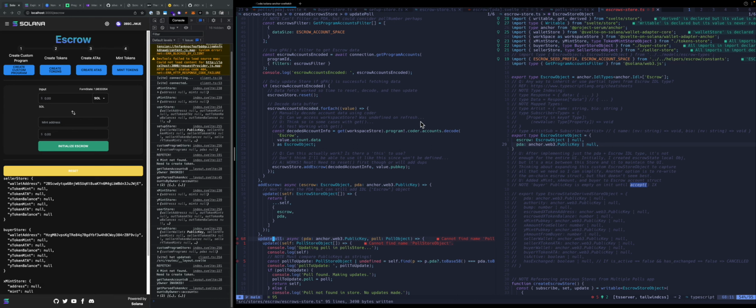The token account will be emptied, the is-exchanged flag will turn to true, those sorts of things. So I'll go ahead and add this PDA,